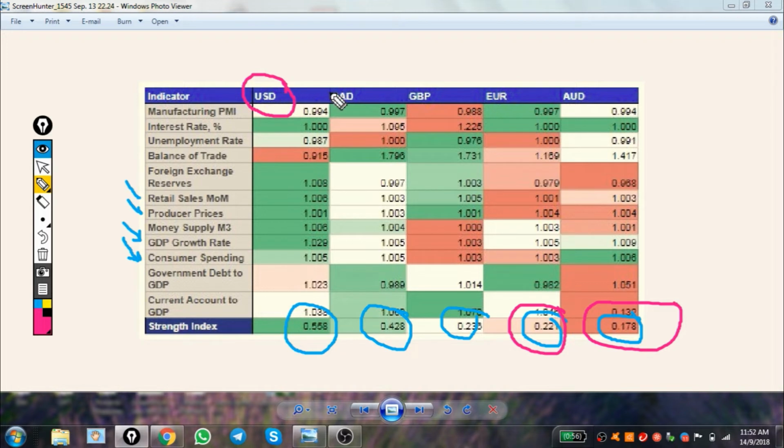Right now you can see there are only 5 major currencies over there. Of course, in the full version you will see even more. You will see some other currencies, for example the yen, the New Zealand dollar, the Swiss franc, and some other exotic currencies as well. All will be listed there, and it will be very clear which currency and which economy is doing well. If the economy is doing well, we can expect the currency to move higher in the future.